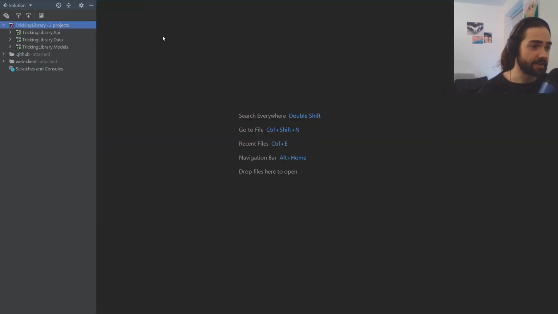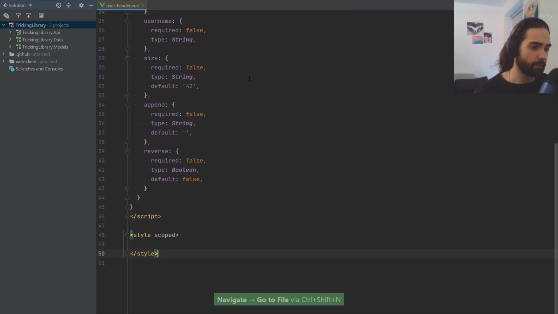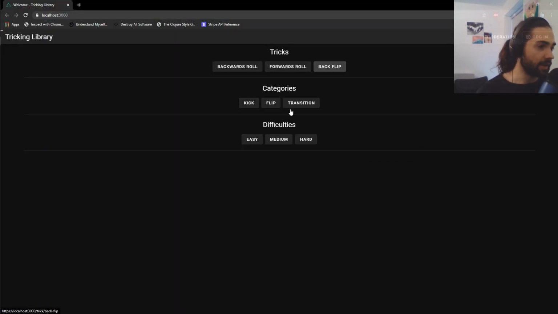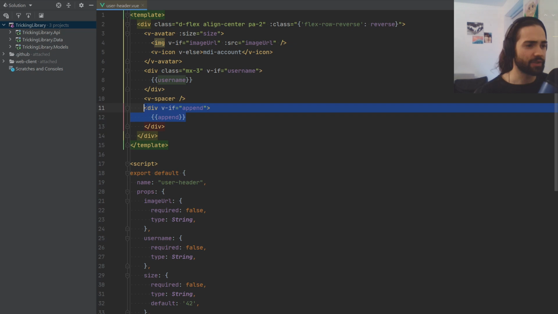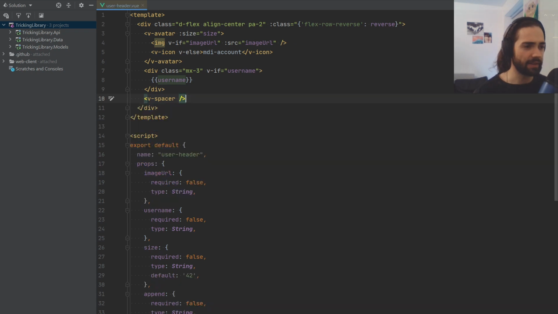Next thing is the user header. So what was my beef with the user header? So the append thing, if we go to a trick, you can see that we don't really have too much control over this appending thing. Sometimes we want it big, sometimes we want it small, maybe we want to change the color, etc. So this bit right here isn't really working for me, so I'm gonna go ahead and delete this, and instead